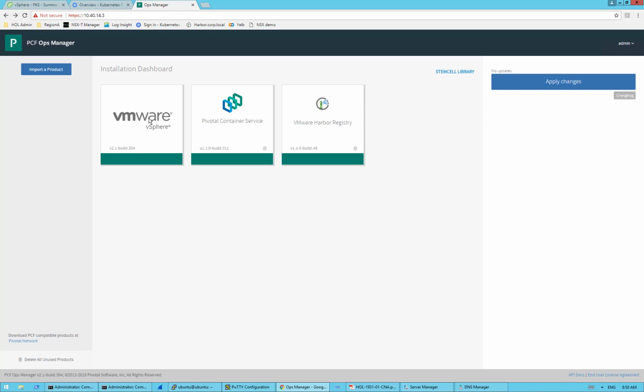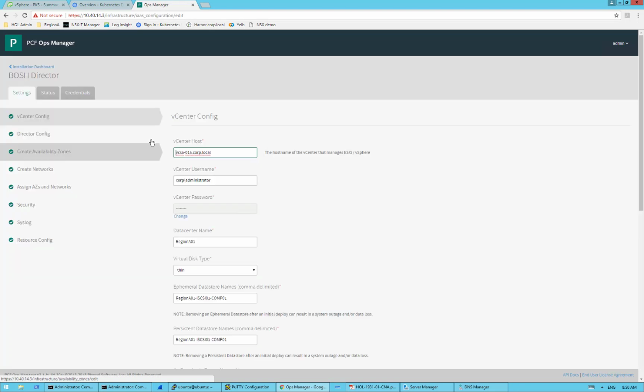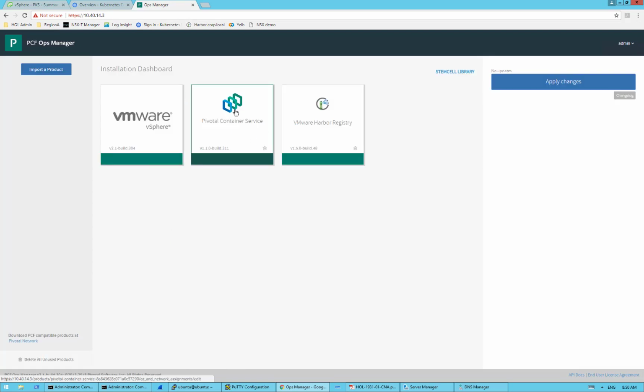This is the Bosh Director tile for VMware vSphere. So the first thing, once you've installed Ops Manager, you come in and you configure this tile. And you can see it's a fill-in-the-blank process. And once you've completed the Bosh Director installation, you do the same thing for the PKS and for Harbor. So let's go ahead and look at the fill in the blanks here that we need to do to deploy